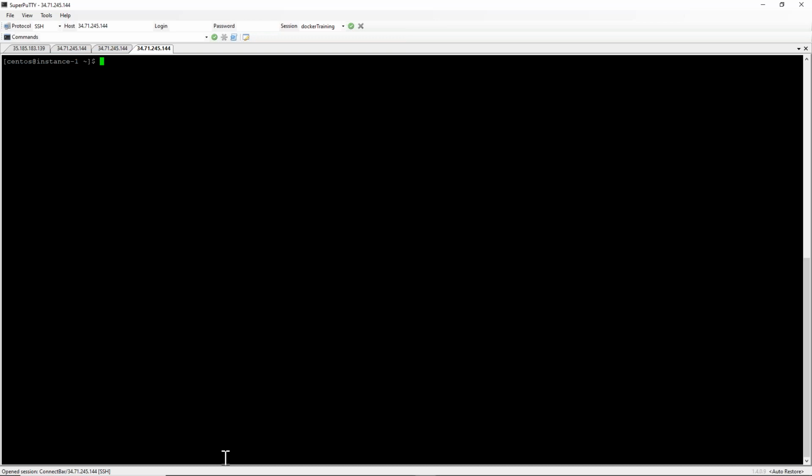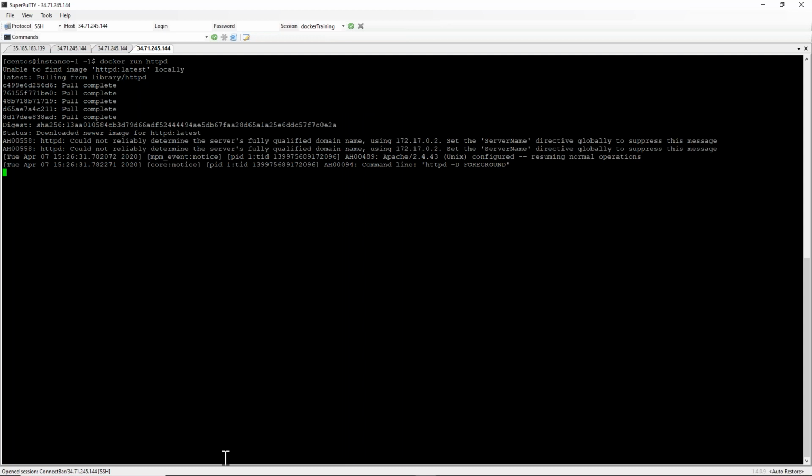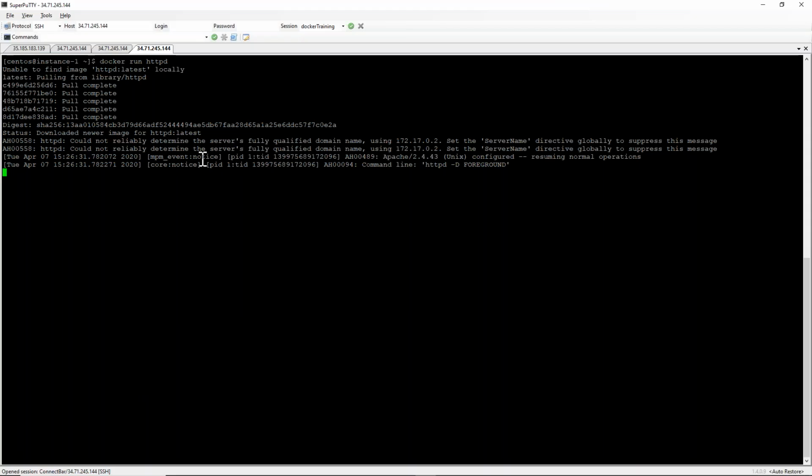Now all of you are aware of these commands, right? Very fast, I can install one web server: docker run httpd. httpd is nothing but a web server, the Apache web server. Now just open another page, I'll show you.